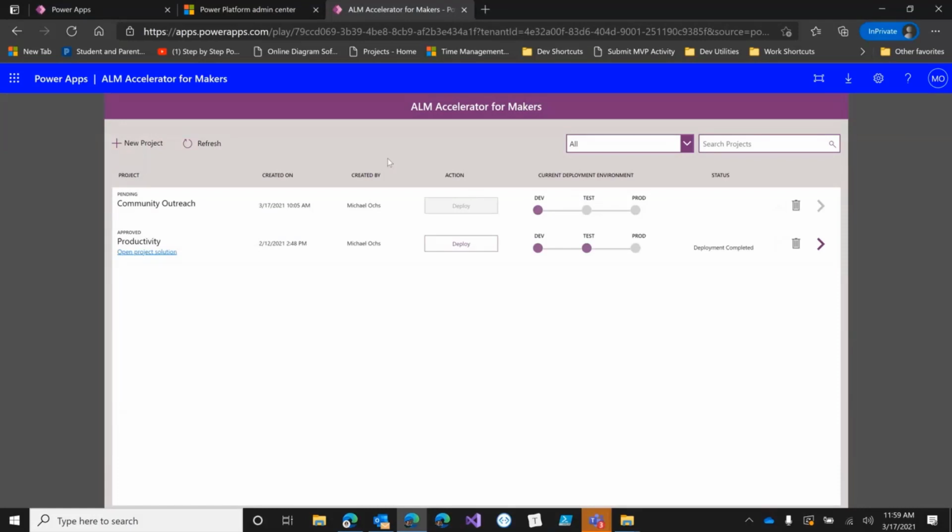ALM. And good ALM means you start with a solution, you put all of your components into a solution, you take that solution and you source control that solution into, be it GitHub or Git in Azure DevOps, and then ultimately you have a history of the changes that you've made to your application that you can look at differences between. If something goes wrong, you can go back to a previous version, and then ultimately push that into different environments,